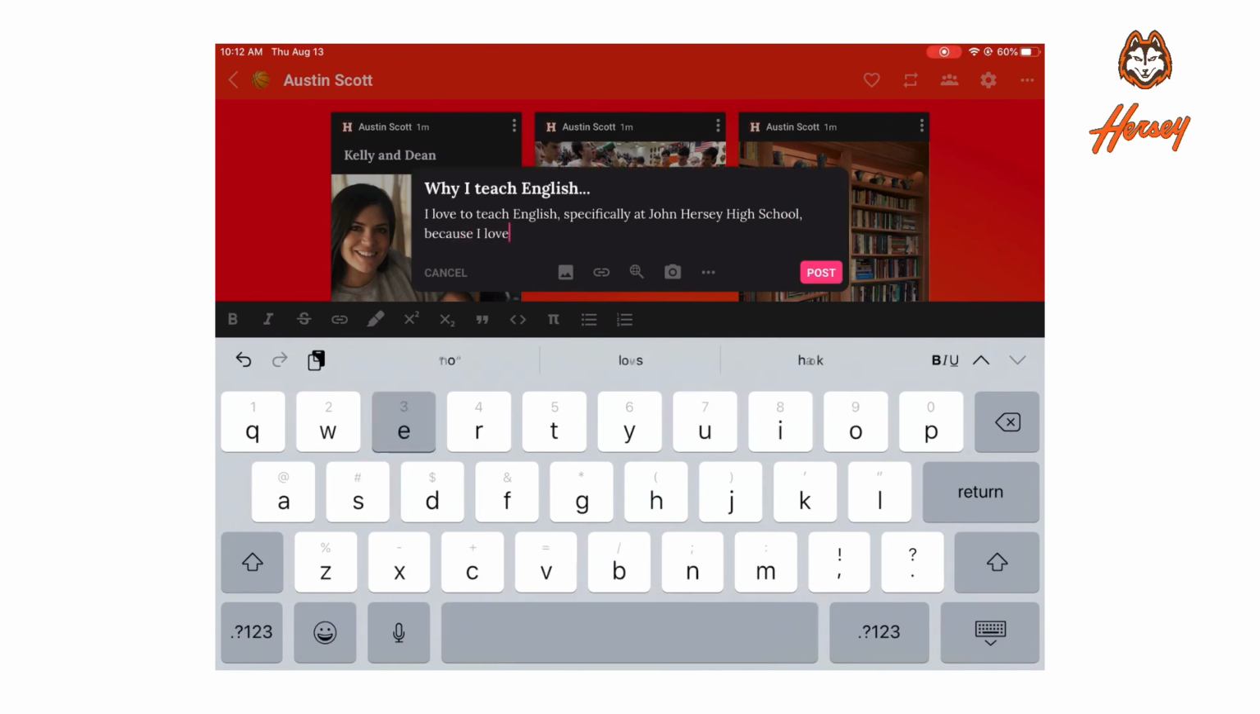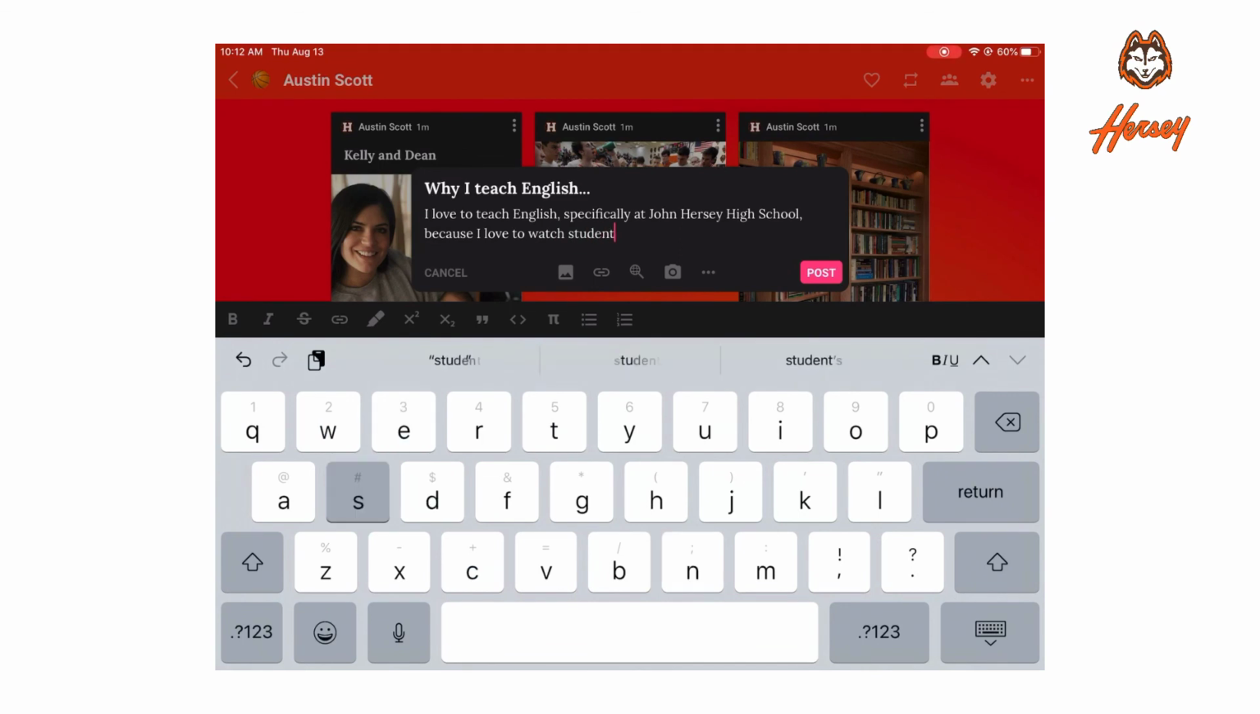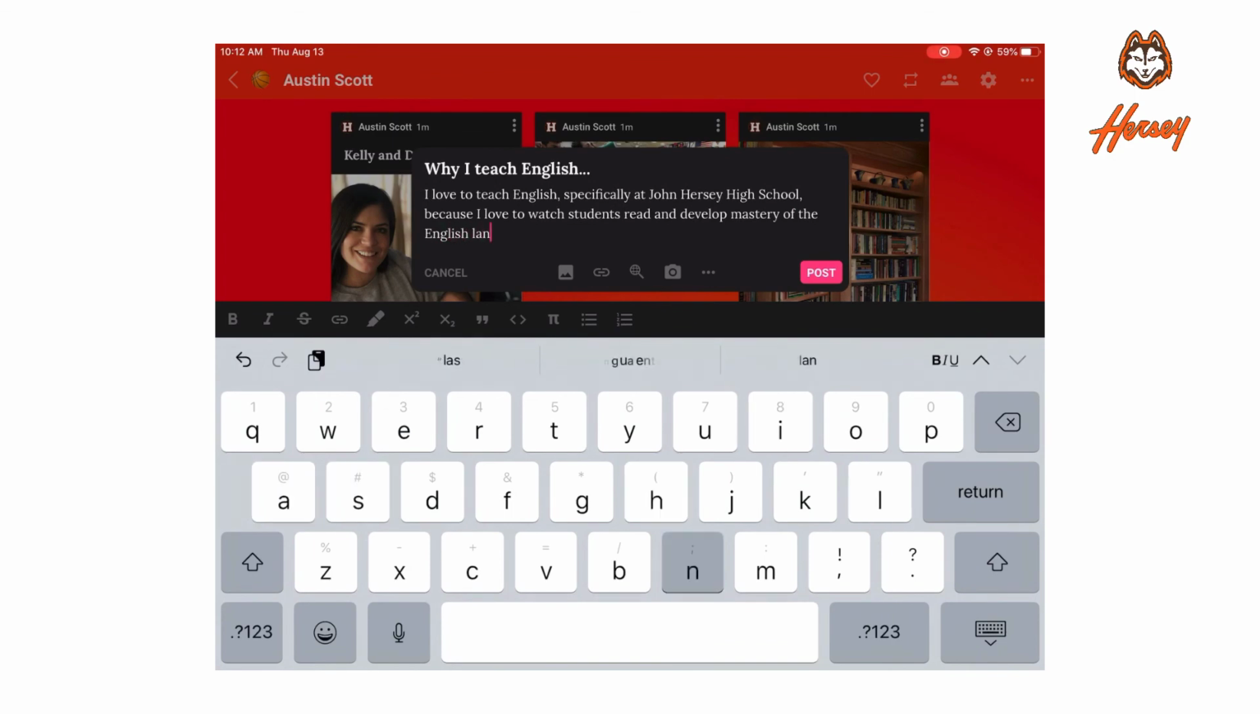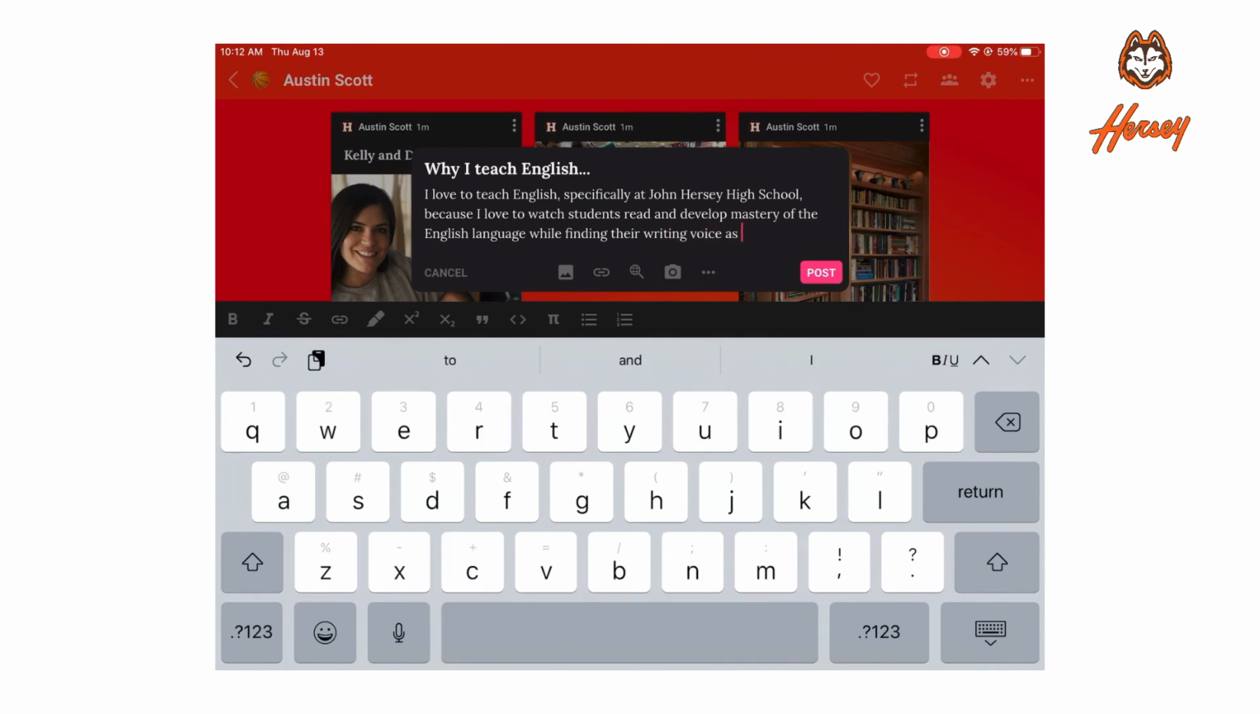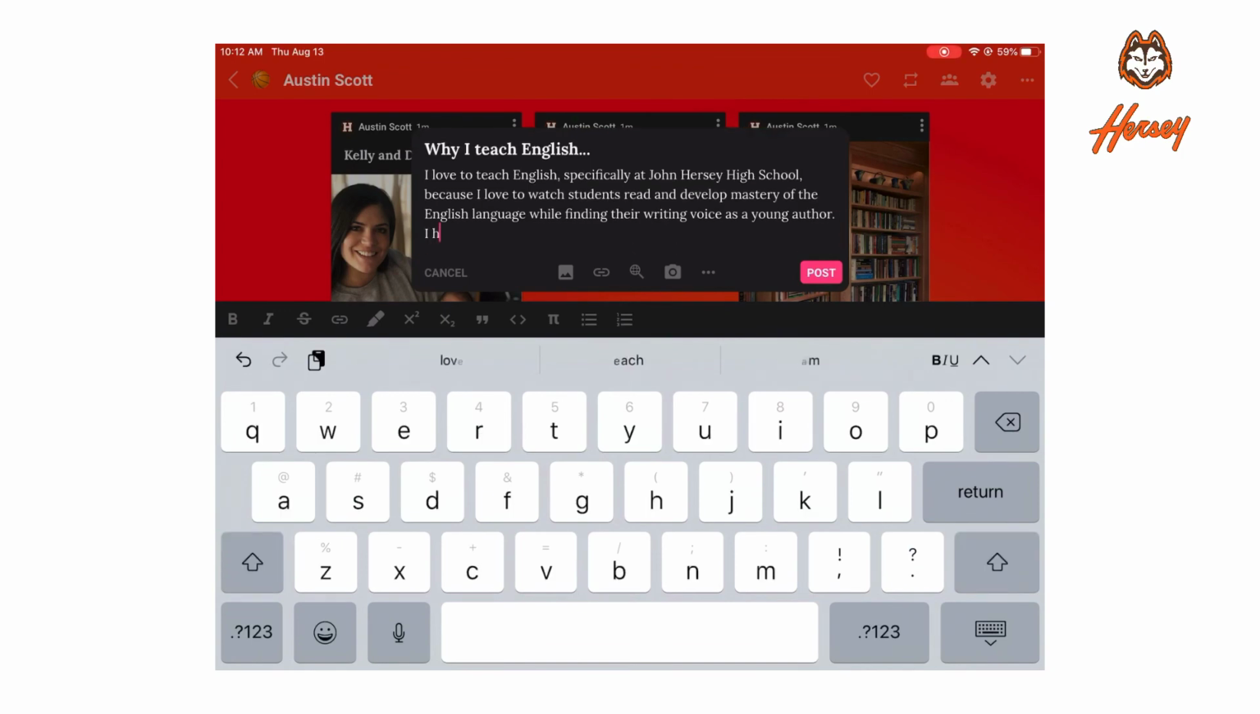because I love to watch students read and develop mastery of the English language while finding their writing voice as a young author. I have always seen English as a lifelong skill that